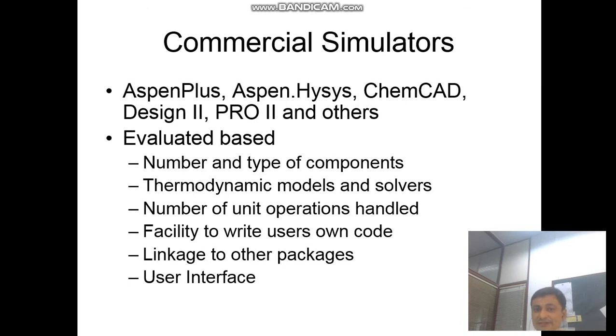So there should be two-way communication between HYSYS and HTRI, or for that matter any particular simulator which you have. And naturally, the other important aspect is the user interface. User interface means the person using that simulator should feel that he is working with a particular chemical industry. So the user interface is an important aspect, though it is not technically one of the aspects, but yes, when I open the simulator I should feel that I am working with some process tools. So user interface is something very important for us to consider. So we'll discuss more in our